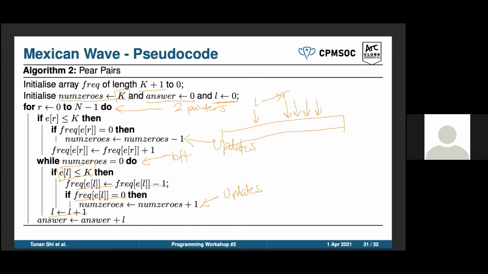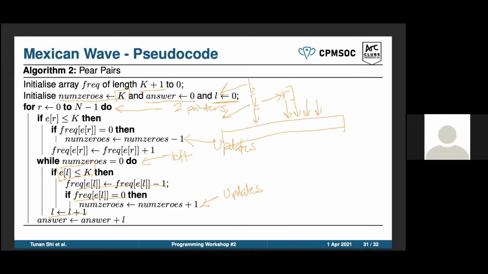And so once we move it to the right, we will know that after this loop runs, what happened there? After this loop runs, this left pointer and this right pointer are going to just barely not form a valid Mexican wave, which means that any elements before it are going to form a valid Mexican wave. And so the cool thing about array indices starting at 0 is that if you're at index L, that means that there are exactly L elements less than you,